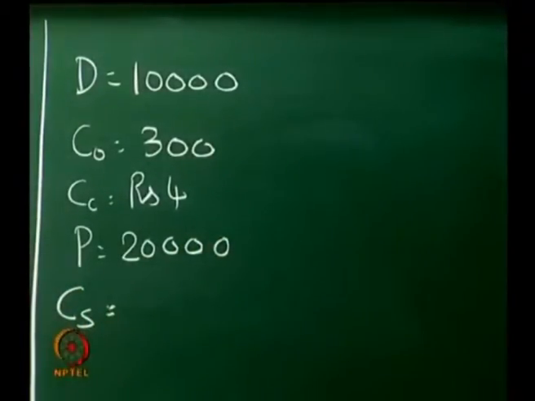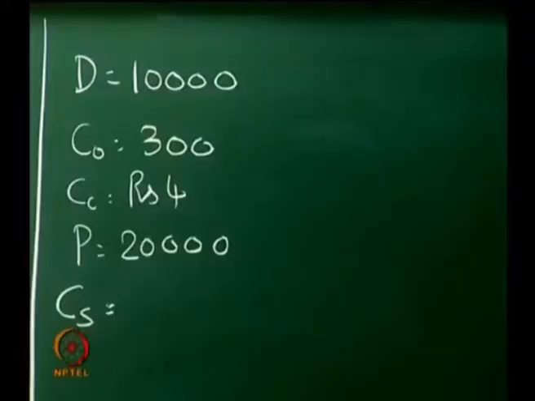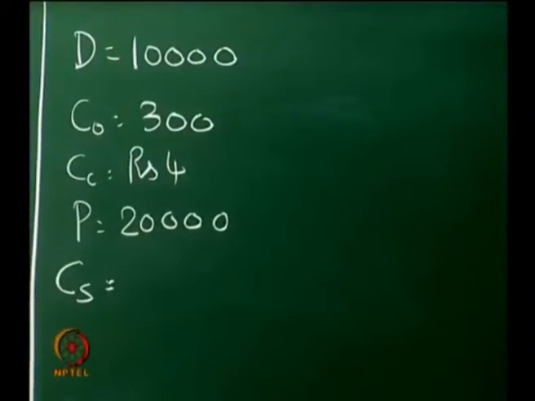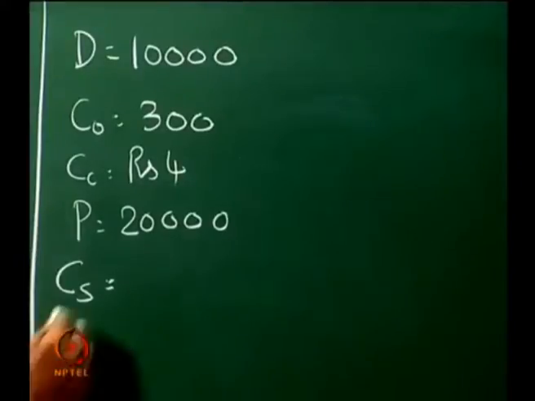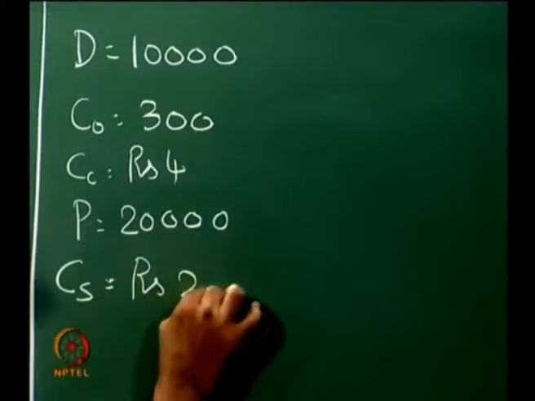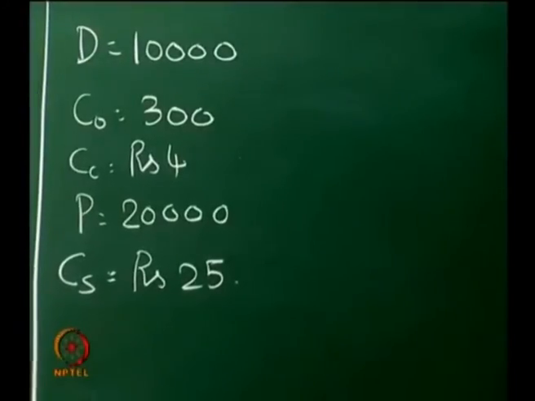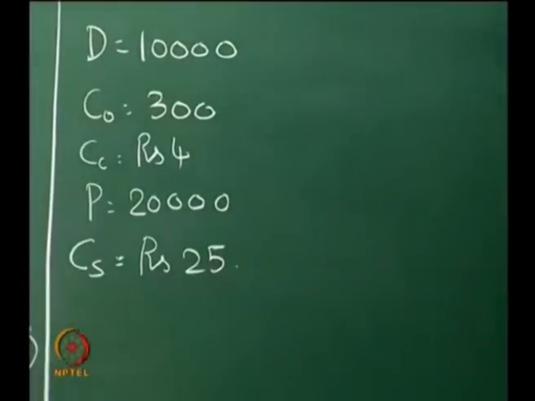Now, in addition we consider Cs, which is the shortage cost in this case. So, Cs is equal to rupees 25. So, once we consider this, the first thing we do is we need to find out